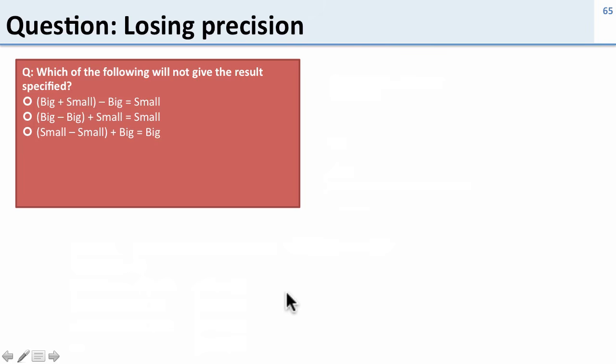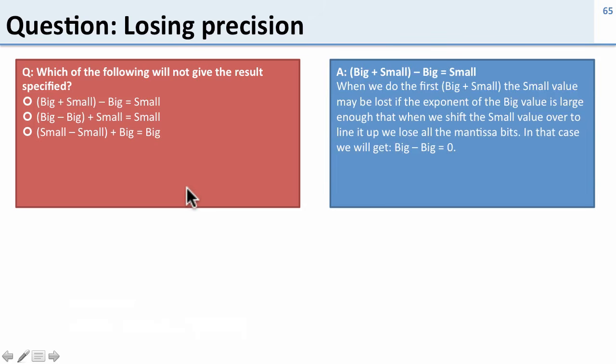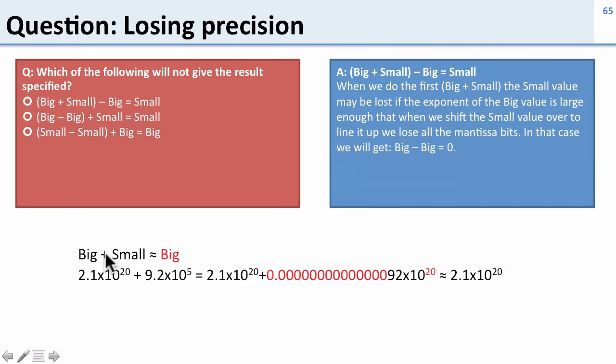Question about losing precision. Which one of the following here will not give the result specified? Well, here the problem is the big plus small minus big. This is what we saw before. When we subtract off the big here, this small is going to go away because when we added the small to the big, we lost it. So big plus small is about equal to big. We saw this before, how we had this number that was much, much smaller,